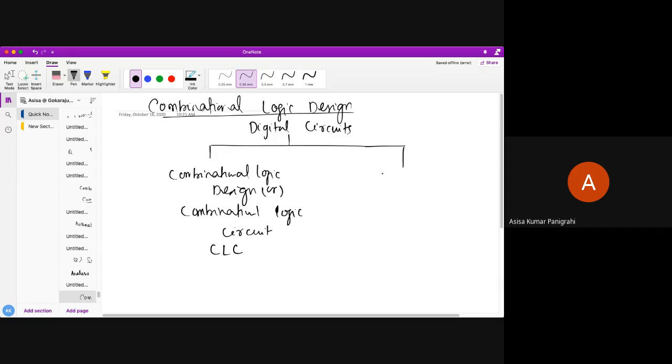And digital circuits are also designed in sequential logic design, or sequential logic circuit, in short form called SLC.